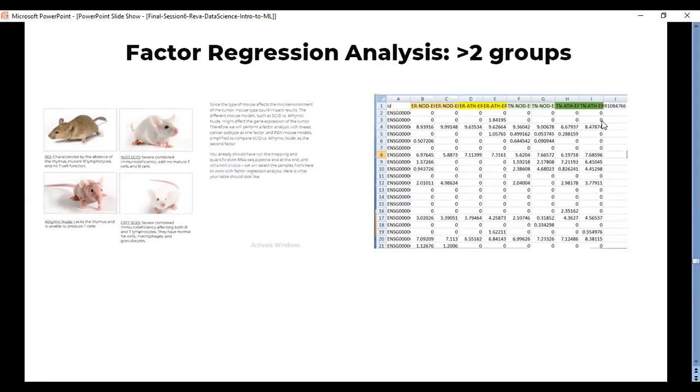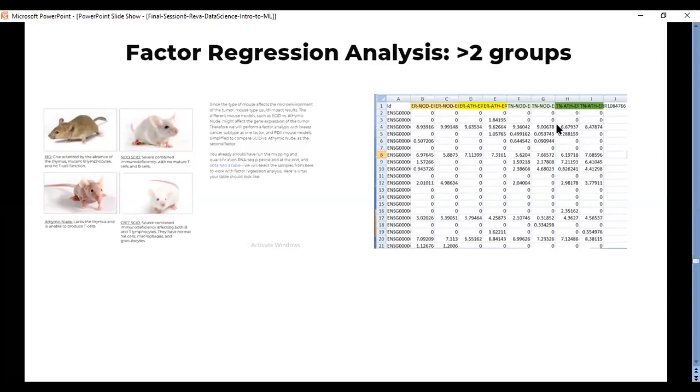These are two conditions. Then we have two groups where this particular mouse model is built: we have NOD mice and athymic mice. For the ER positive, we have two factors that we need to consider, because whenever this model is developed, it has used two kinds of mouse models. One is NOD, the other is the athymic model. Similarly, in the triple negative condition, we again have the two mouse models.